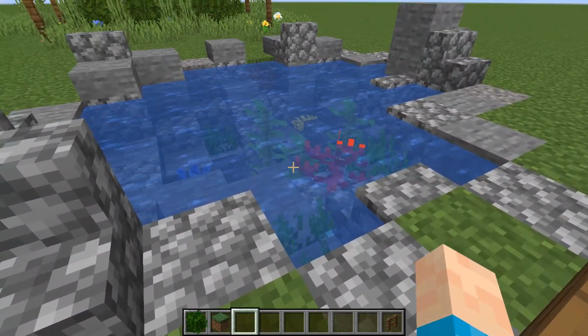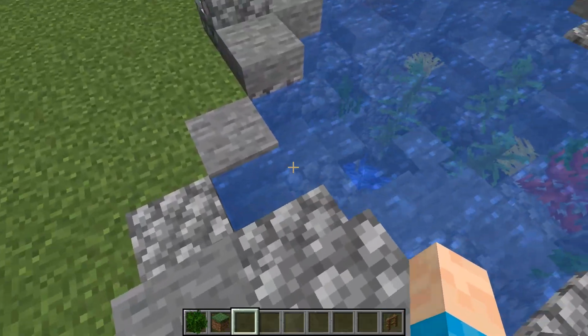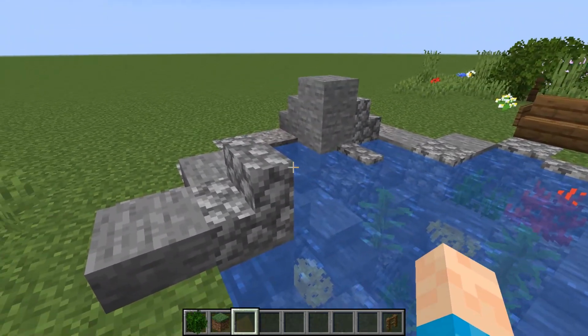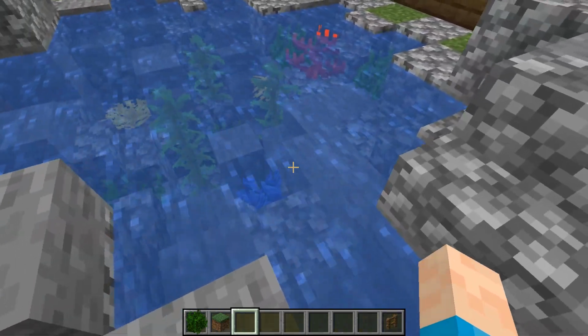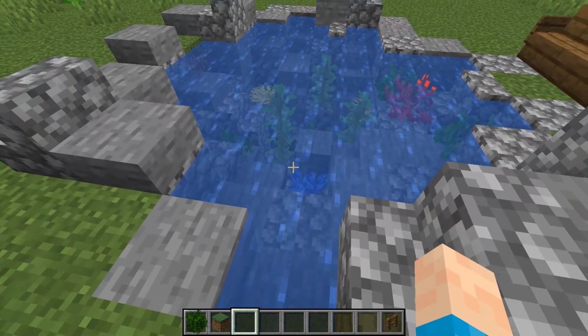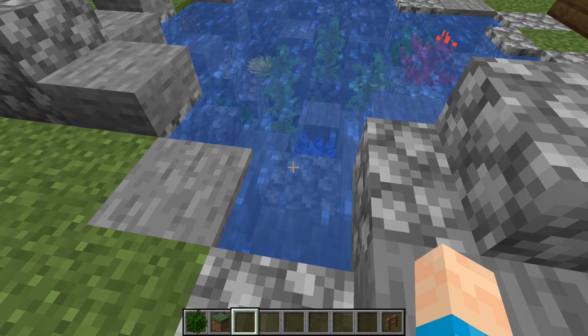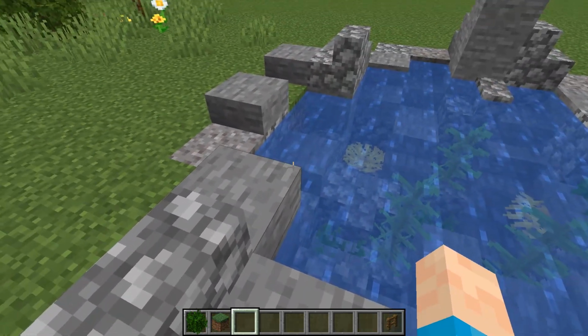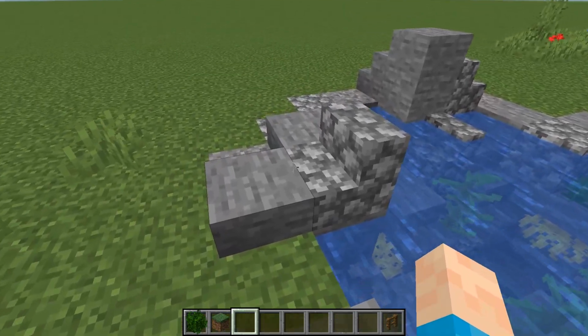So you can have ponds, you can literally man-make them yourself. So this is what I did. All I did was whack out a load of blocks and then start off higher on the outside, and as we head towards the middle it gets lower and lower. However, when you get to the low points, you can always make them slightly higher again when it comes to filling them in. So then once I've done that, I filled the whole thing in with a mixture of stone, cobblestone,